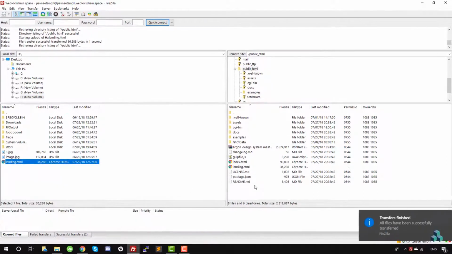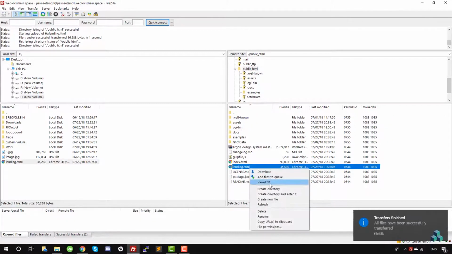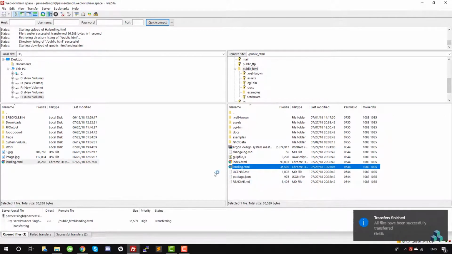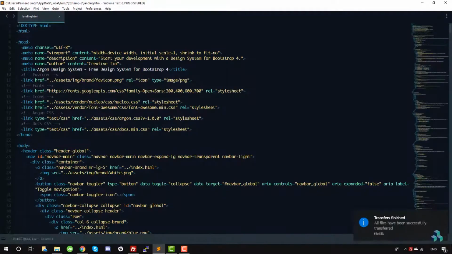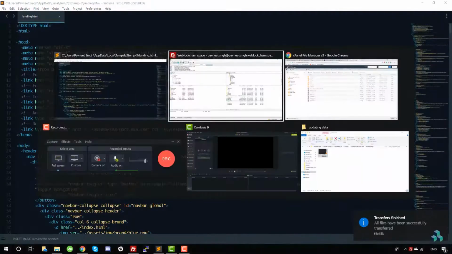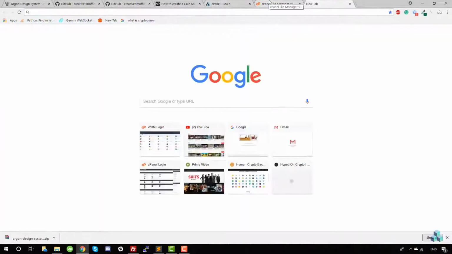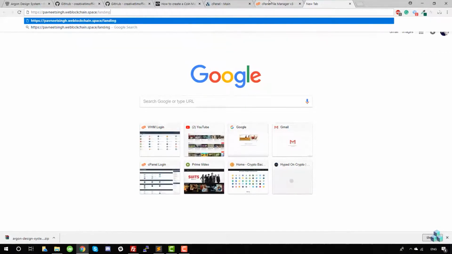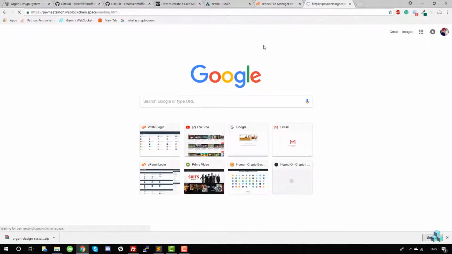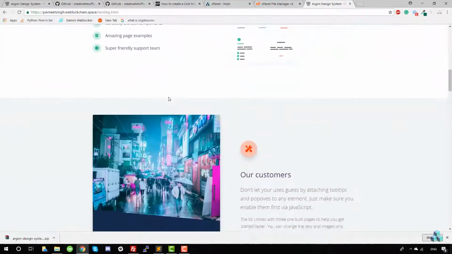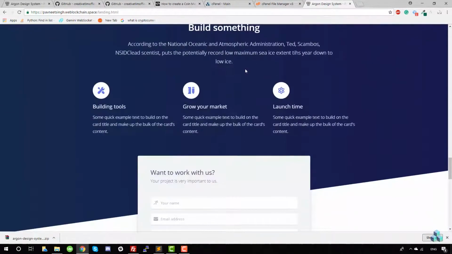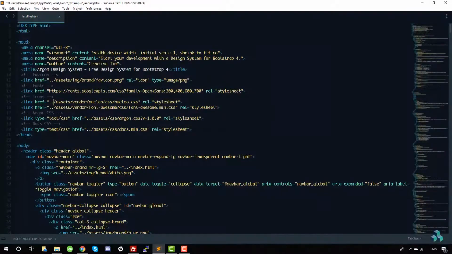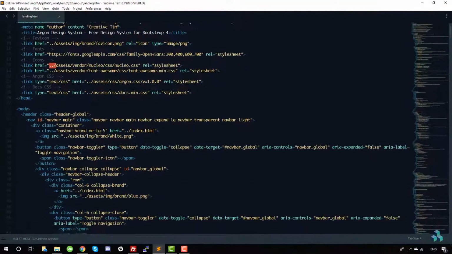Now, one thing you have to note is that the landing.html file, which is there, actually has assets linked to an outside folder. So if you visit landing.html from here, you'll actually not be able to view it correctly. So if we do landing.html, oh wow, that's still working fine. I thought it wouldn't, but because the assets are not linked properly, I think some features are still not working. So let's just